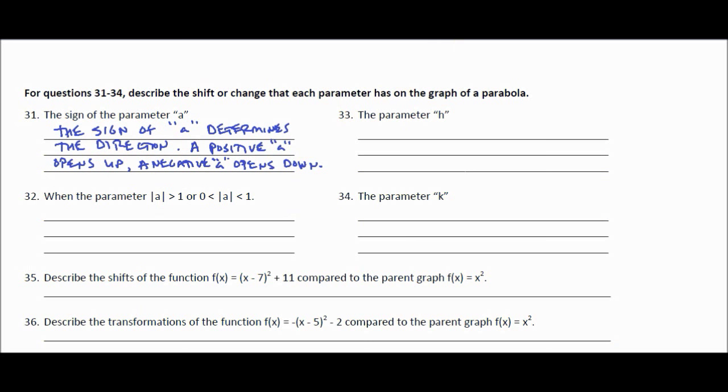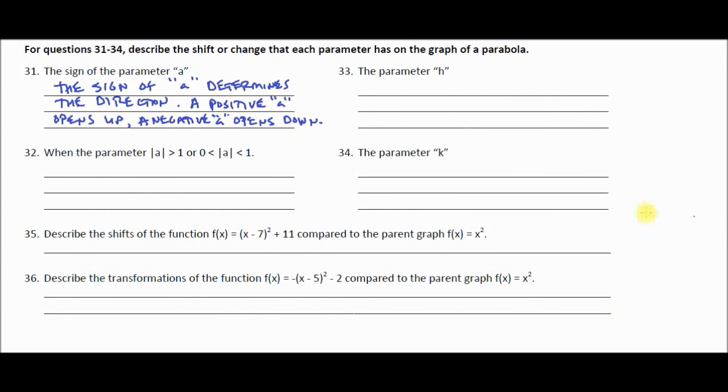Number 32. Describe the shift or change that each parameter has in the graph. Okay, so when the parameter A, or absolute value of A, I don't like how this is asked, class. So basically what it's saying is, what happens with the parabola when the absolute value of A is greater than 1, or the absolute value is between 0 and 1? Okay, so I'm going to put the absolute value of A